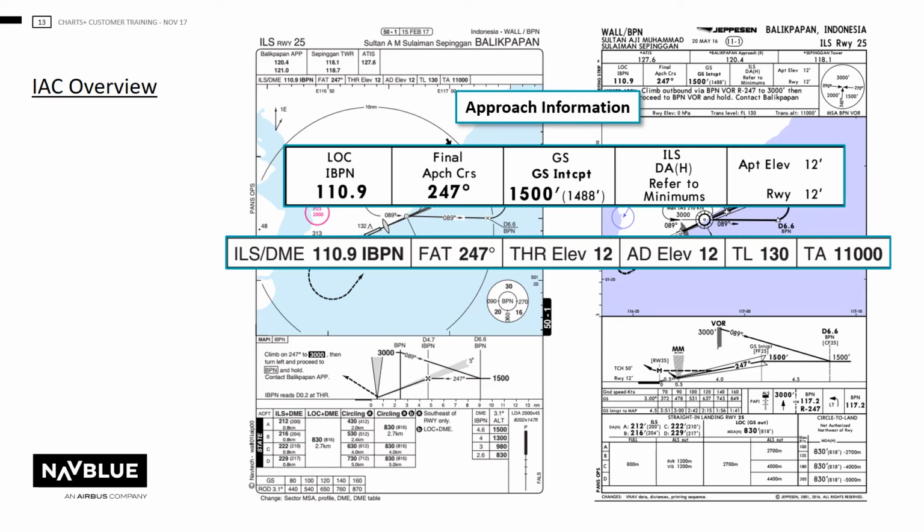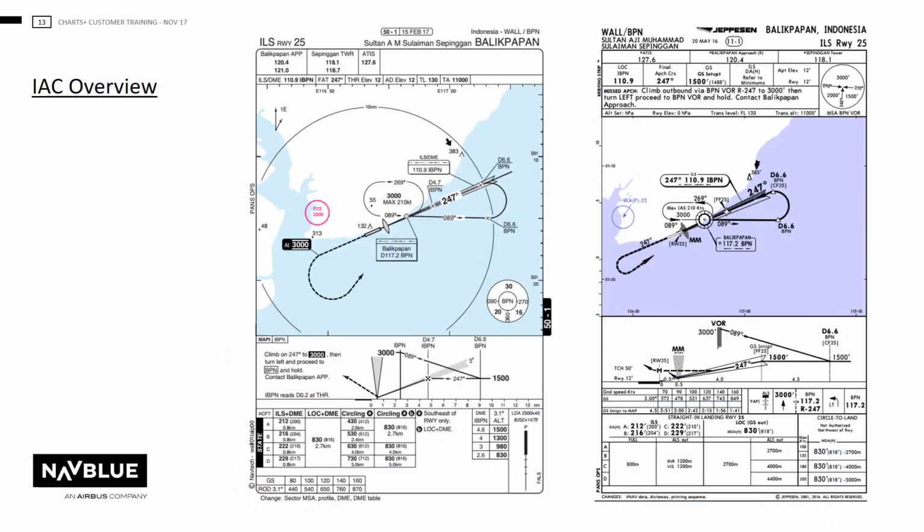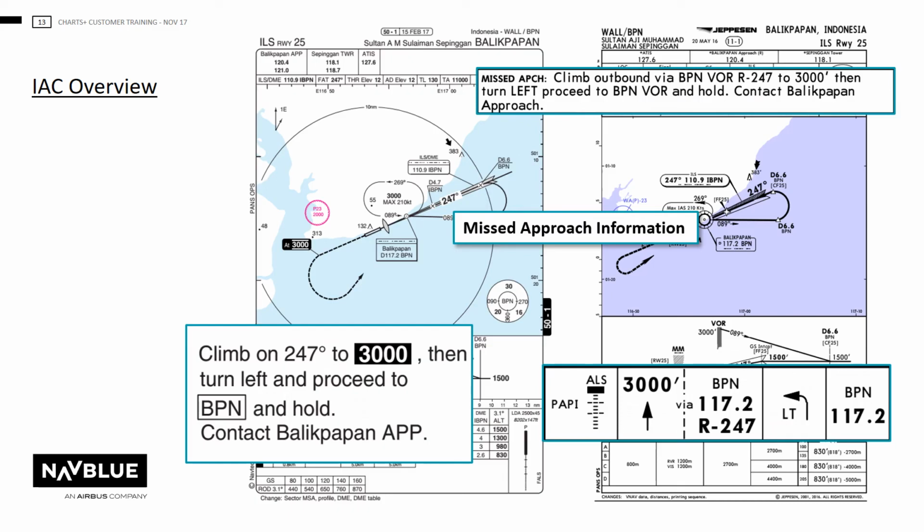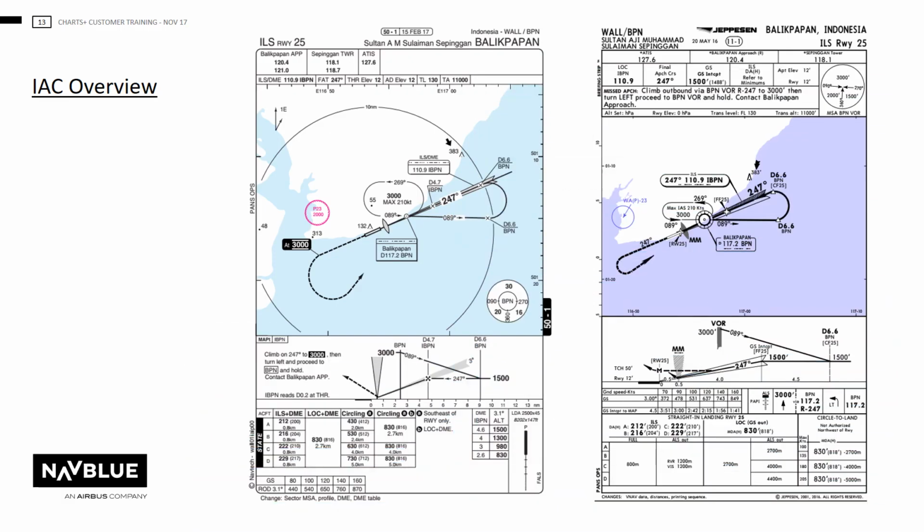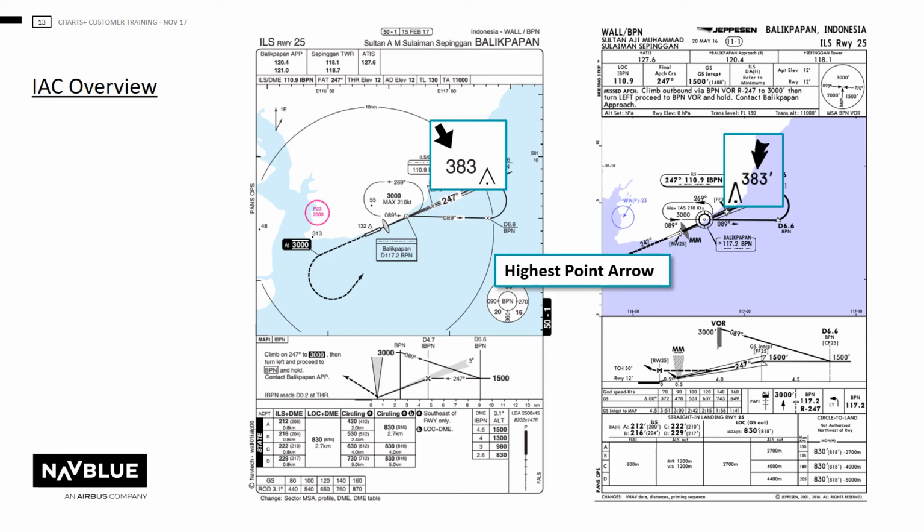We will not include the glide slope intercept height and any ILS decision altitude. This will all be shown at the bottom in the profile or in the minima section. The missed approach text information in the NavBlue chart will be written in the profile next to the missed approach. The highest obstacle or spot height on the chart,